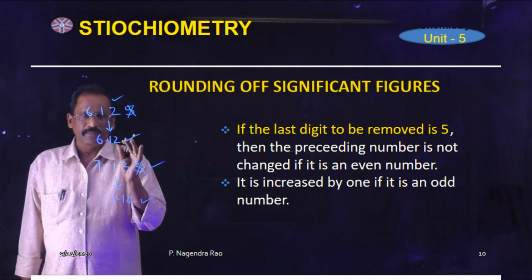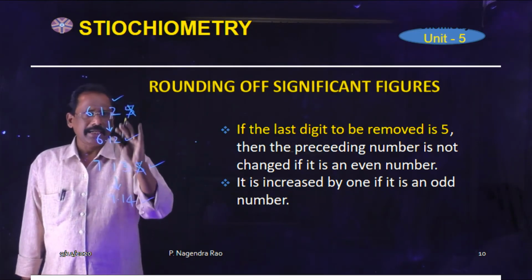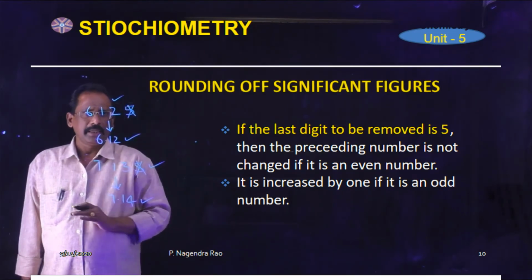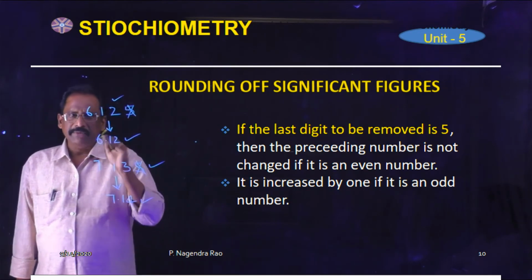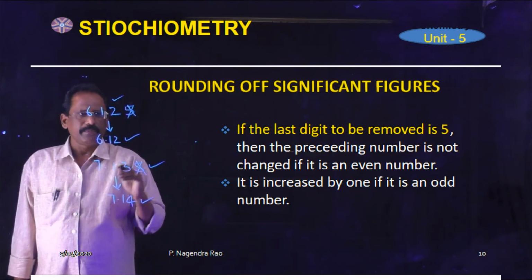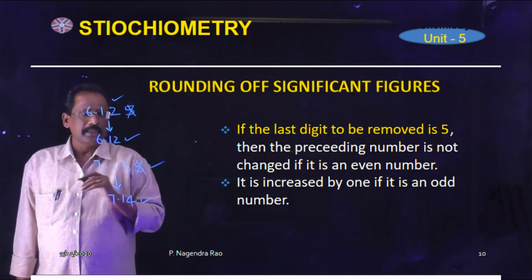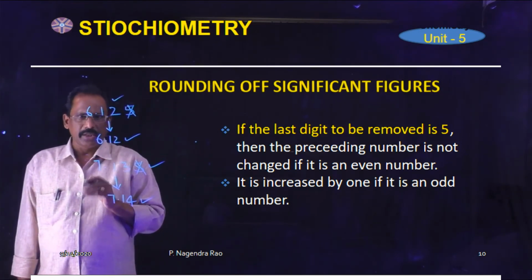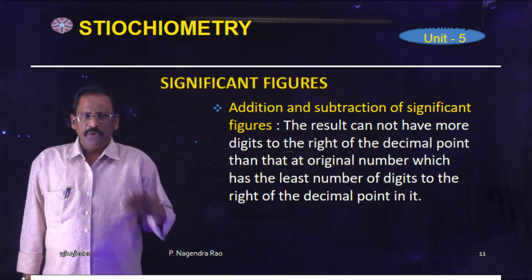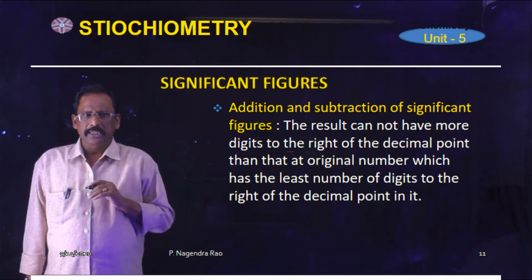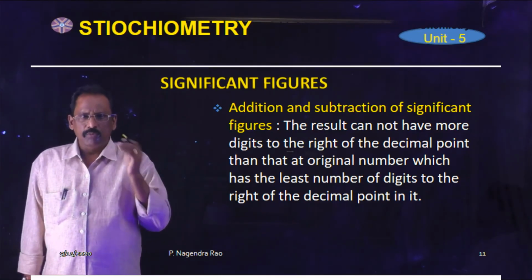If the last digit is exactly equal to 5, and you want to remove that number, if the preceding number is an even number, there is no change in that number value. If it is an odd number, add 1 unit to that number. That's why 7.135 is nothing but 7.14. Now, if you add or subtract significant figures, the rule is the result cannot have more digits to